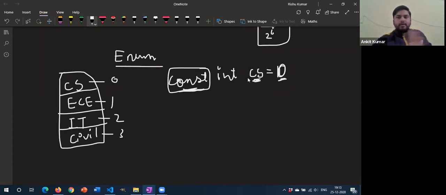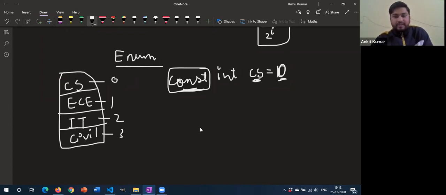See, if I write int a is equal to 5, and in the next line I write a is equal to 6, a will take the value of 6. But after writing const, now I'm writing const int cs is equal to 0. Now I'm not able to change the value of cs. I cannot say cs is equal to 1. That will be invalid. That will give me an error. Okay, but yes, this is the method with which we can assign codes to each and every department or each and every variable. But that is very hectic. So for that we have enum.